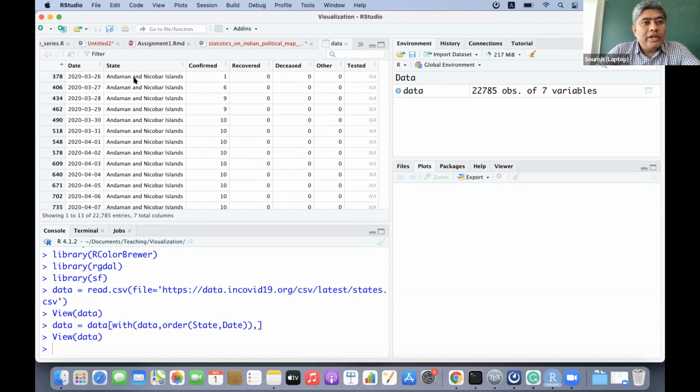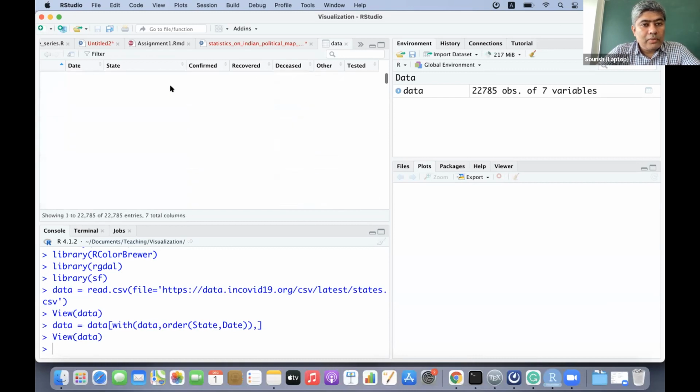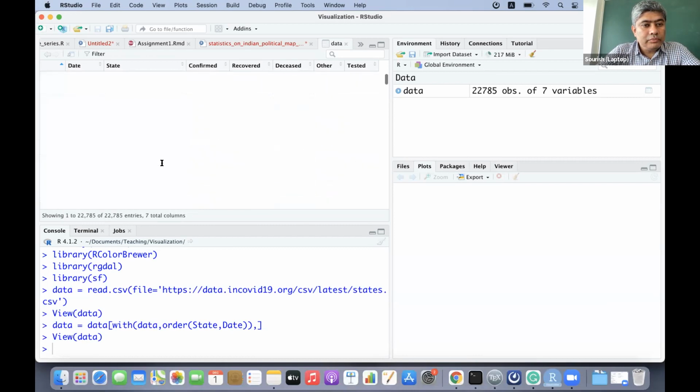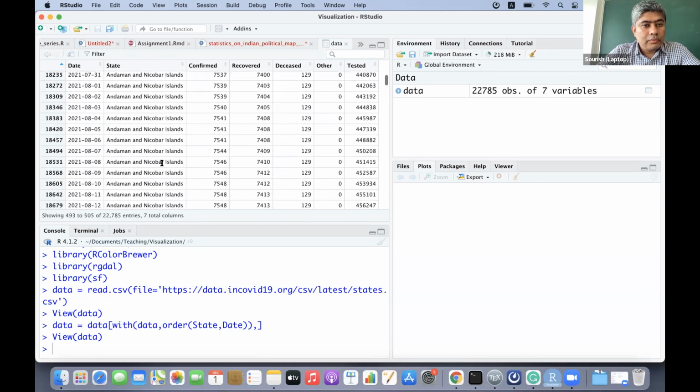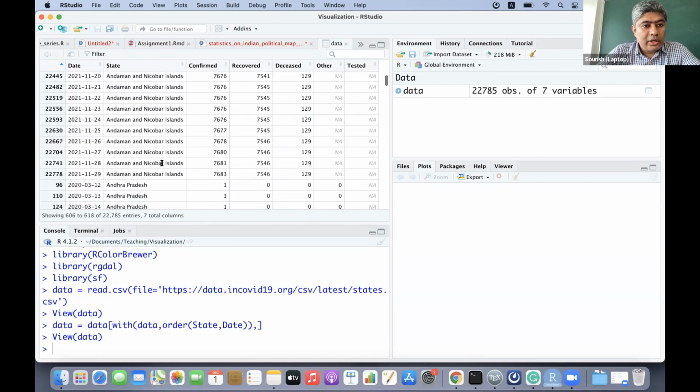First, for Andaman Nicobar, the first cases we have are on 26 March 2020, and if you go down, you can see 29th November 2021 is the last observation that we have so far.